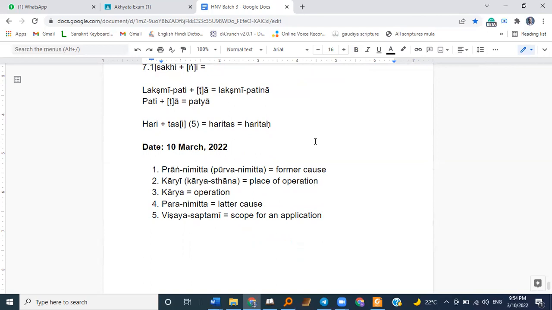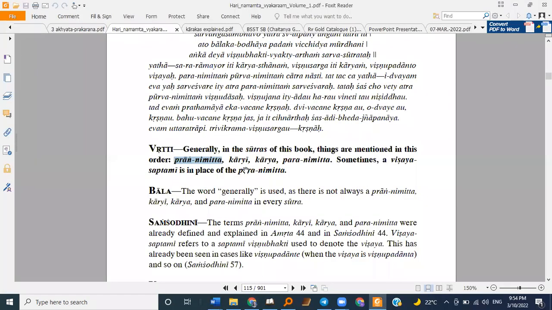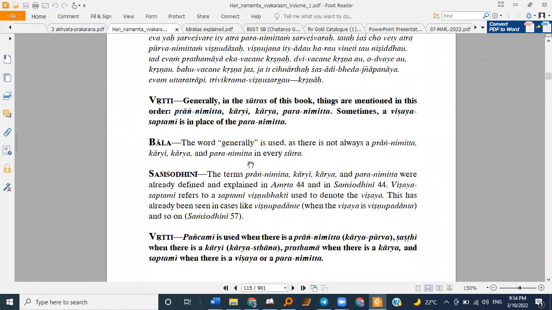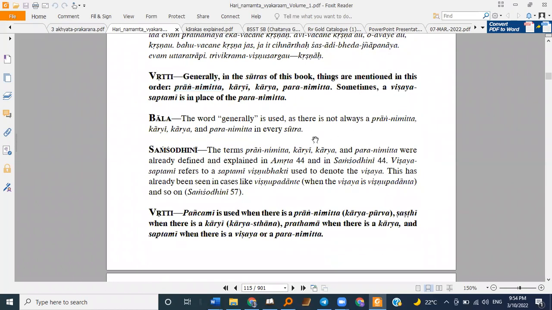Now, how to identify them? Which one is Paranimitta, which one is a Karya, Kari? So how to identify them? That identification is based on the vibhaktis, like first case, second case, third case, and so on. So the next sutra or the shloka says,